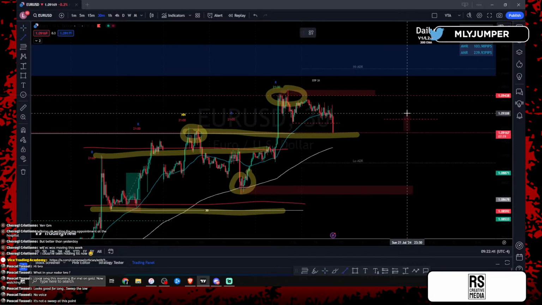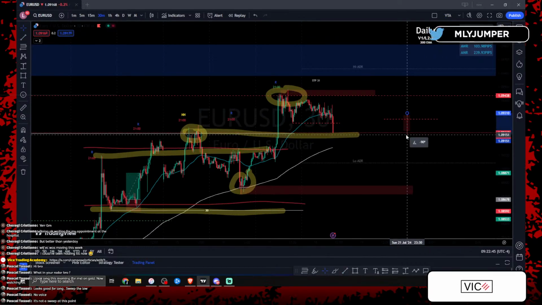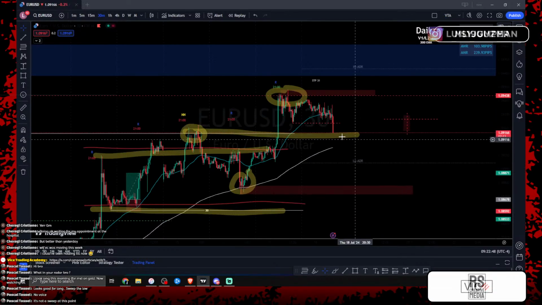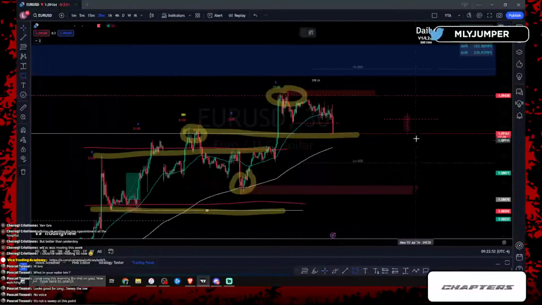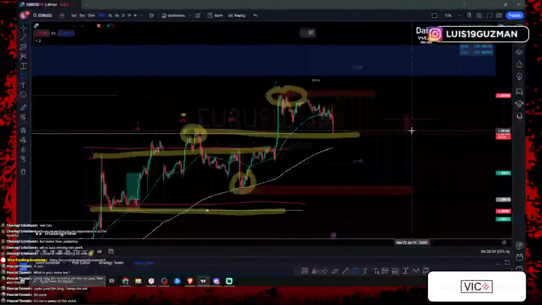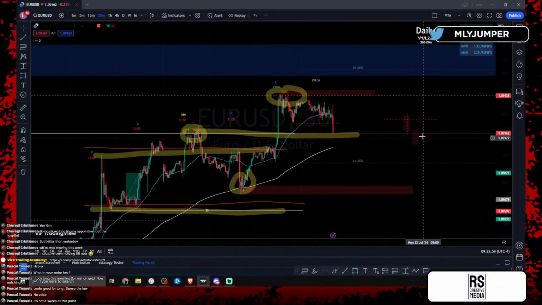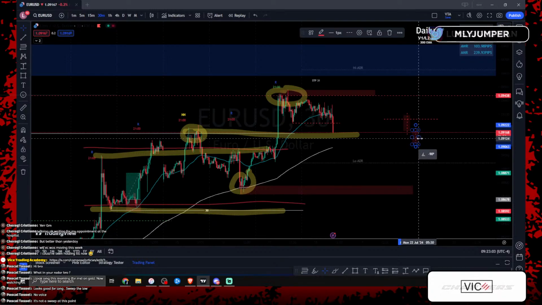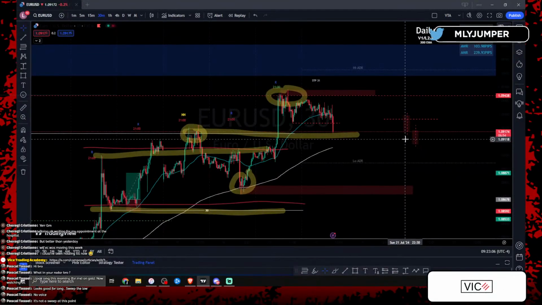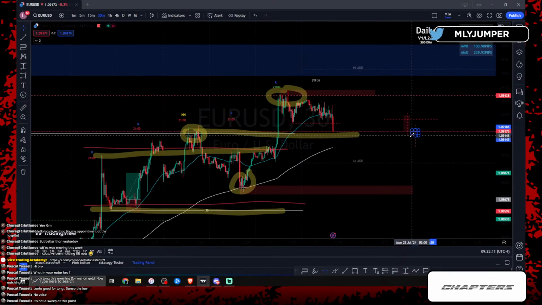The first candle that closes below the zone is not a break of structure. This is a testing candle. This could still be the sweep. The confirmation that it is a confirmed break of structure is going to be the next 30-minute candle that opens. If it opens and closes below the candle, this is what a break of structure looks like. However, if the next 30-minute candle doesn't close below the zone, doesn't close below this candle,